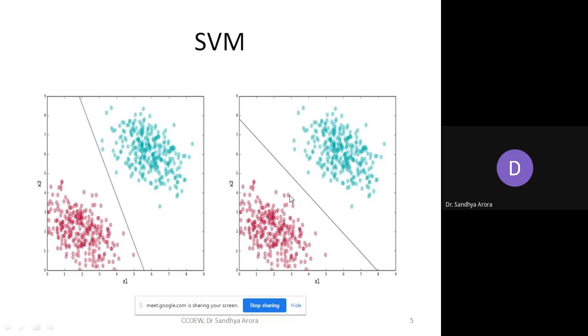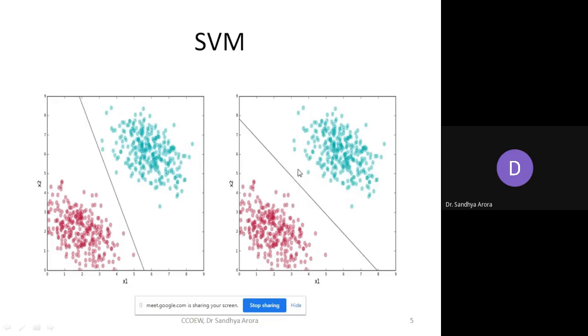This is a good line to classify your data, so that it will give you good performance even for the test data. Why for the test data? Because if your data point is here, or somewhere here, it will still classify your data properly. Just look carefully at this data point. If it is here, it will be classified properly. But in this case, if your data point is here, it will be misclassified. The red point is going into the green zone. So we want this kind of line.